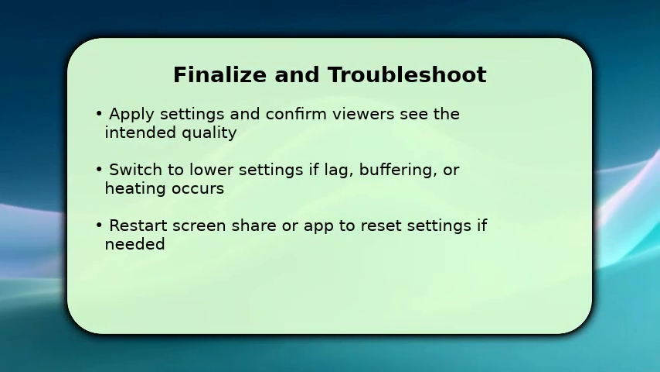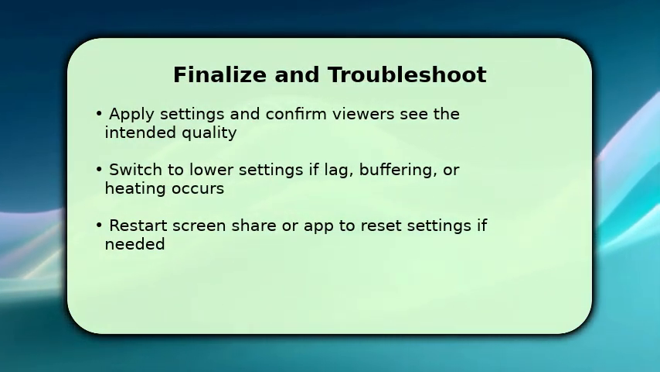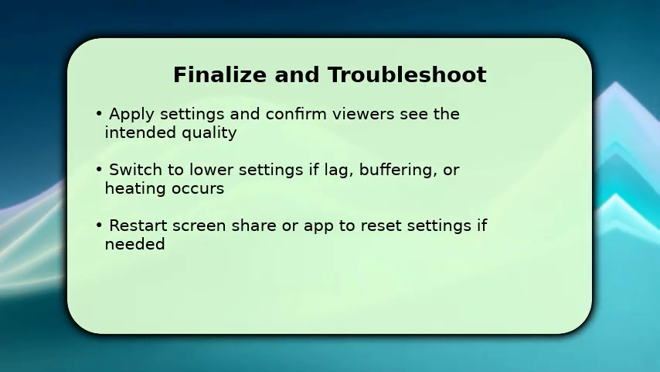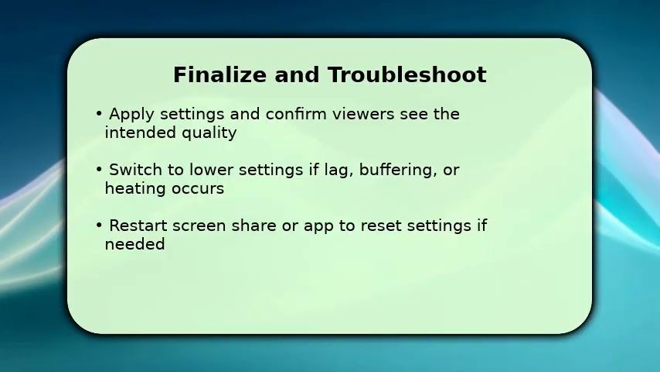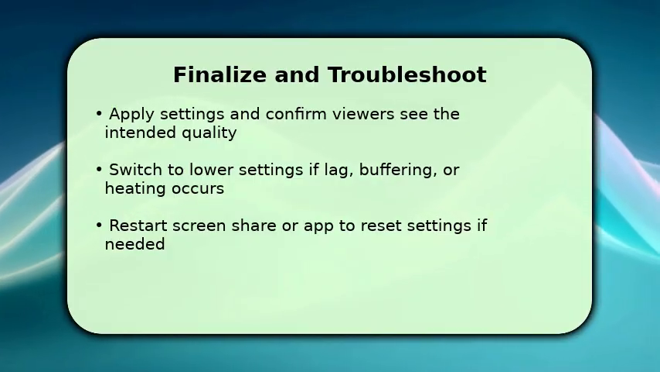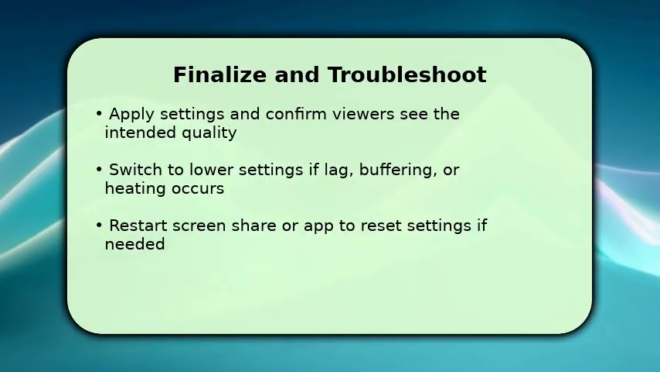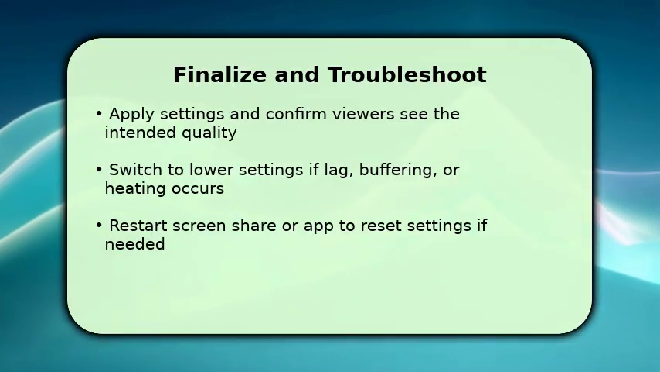Apply the new quality settings and confirm with a viewer or by checking playback yourself. Make sure the change took effect. If you notice lag, dropped frames, or your phone heating up, reduce resolution or frame rate and consider switching from mobile data to Wi-Fi. If viewers still report issues, stop and restart screen share or fully restart the Discord app